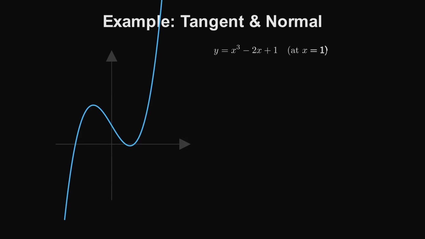Alright guys, so let's do a quick example here. Let's say that we need to find the equation of the tangent to y is equal to x cubed minus 2x plus 1 at x equals 1. Okay, we're told that dy by dx is equal to 3x squared minus 2. So therefore at x equals 1, we can say that m is equal to 3 times 1 squared minus 2, which is equal to 1. Therefore the point, y is equal to 1 minus 2 plus 1, which is equal to 0. So therefore we get (1, 0) as our point. As a result, y minus 0 is equal to 1 times x minus 1,